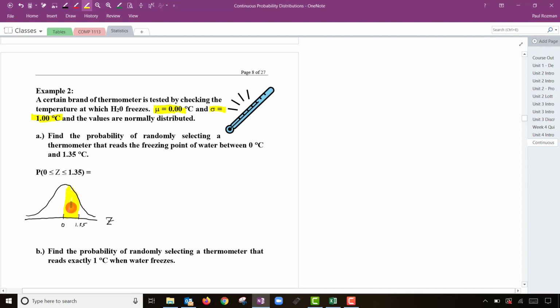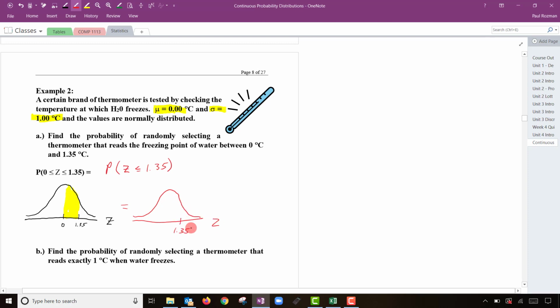I strongly recommend you draw these little pictures. They make your life easier, and you'll tend to not get these wrong if you can see what you're actually trying to solve. So we just need to find this area. Now the table gives me the area going to the left. Like, I can easily get less than or equal to 1.35. But I don't want the whole area to the left of 1.35. I just want the area between these two values. So basically my strategy here will be,